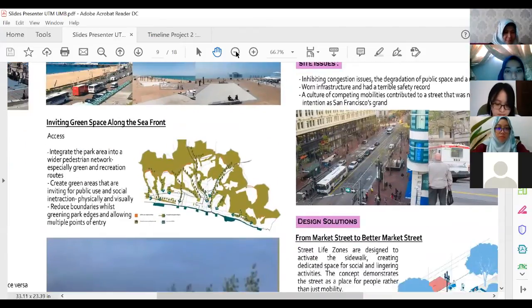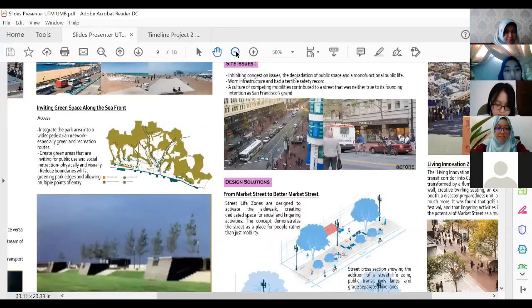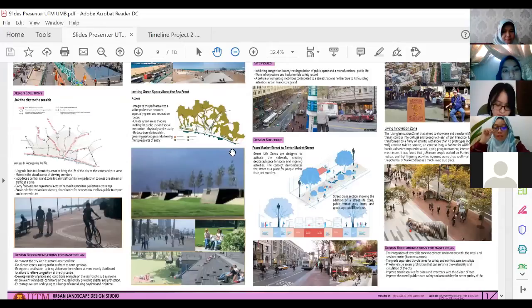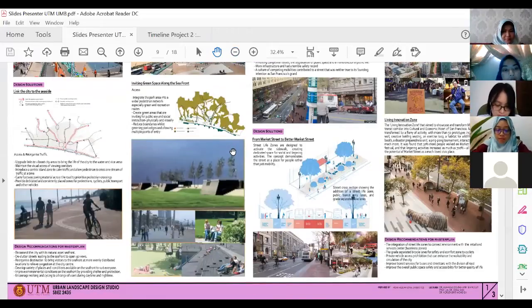Zoom out. Okay. So this green space along the seafront is where they integrate the park area and the wider pedestrian network to give a chance to enhance the green and recreational routes. And another solution they come up with is the link between the city and the seaside, whereby they focus on the accessibility and the routes